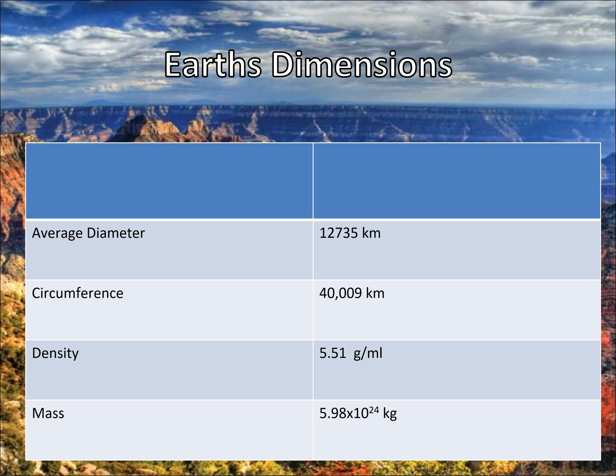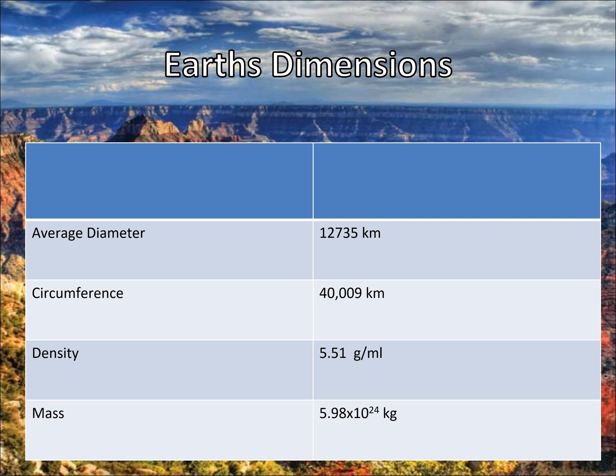We look at the circumference. Here we have the circumference. This is going to be the average circumference around the equator. Remember that term that I used, average and equator. It's going to be important in a minute. Of about 40,009 kilometers. The density, you've done density innumerable times at this point as a student, of 5.51 grams